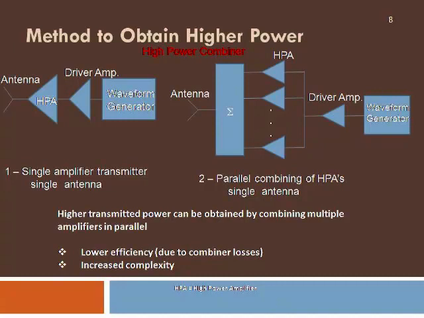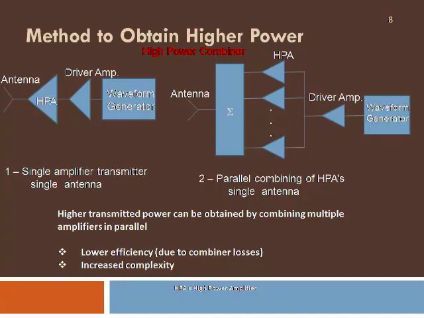This may not be so in the conventional radar systems where a single antenna is going to be used. So in figure 2 you will see that several high power amplifiers will be used in parallel, and the output of all these will be combined in a parallel combiner. Then the output of that will be given to this single antenna, which is going to radiate hundreds of watts or even kilowatts of power.